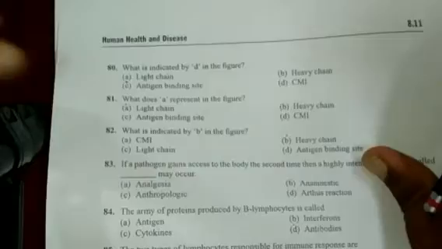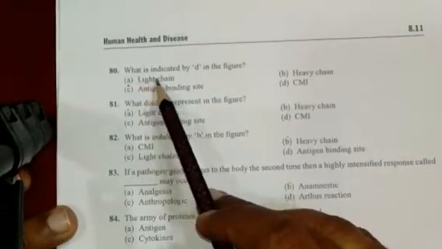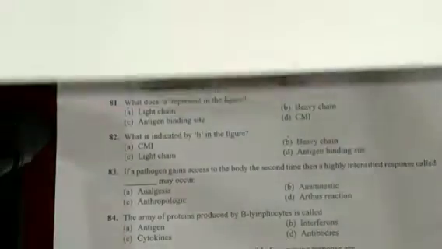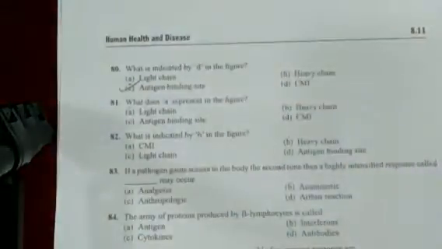So all these questions are based on this. Further following questions have been asked. We'll try to find out those questions from question number 82 to 200. We'll discuss. Clear? So you all know that it's an antibody, an immunoglobulin. We have discussed the structure of immunoglobulin. Now question number 80. What is indicated by D in the diagram? You can see the diagram here. This is D here. Again here they have shown D. So this D indicates what? Antigen binding site. I was telling you this D is nothing but the antigen binding site. So here option C, antigen binding site, is the correct answer.